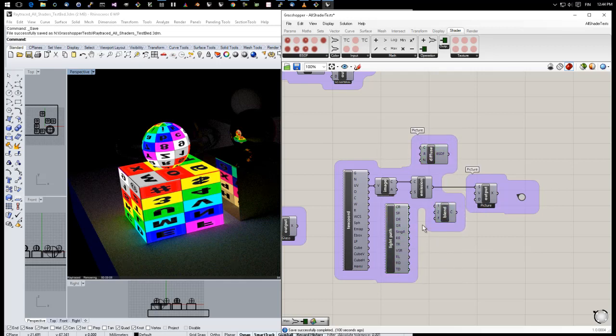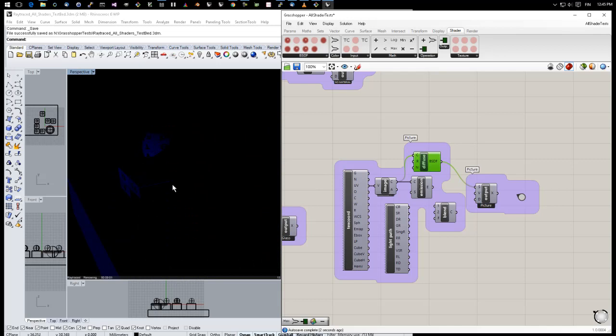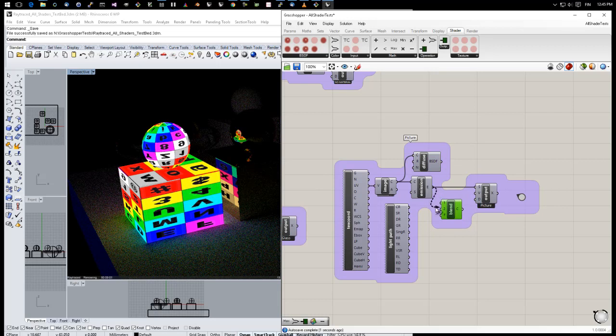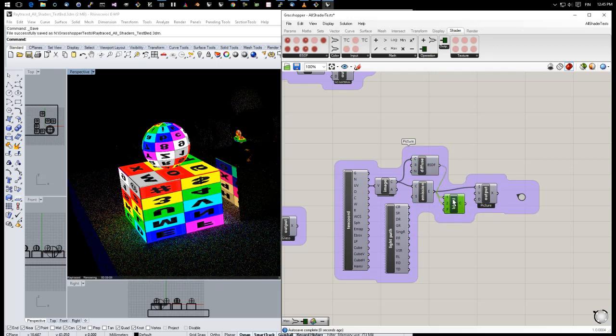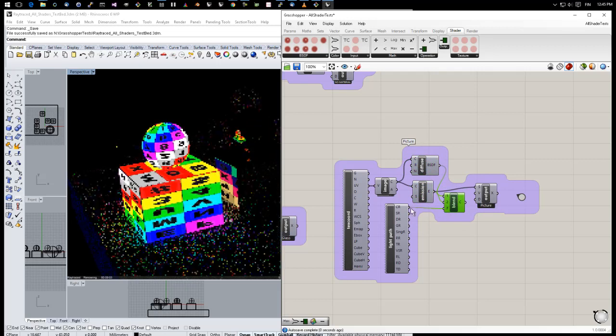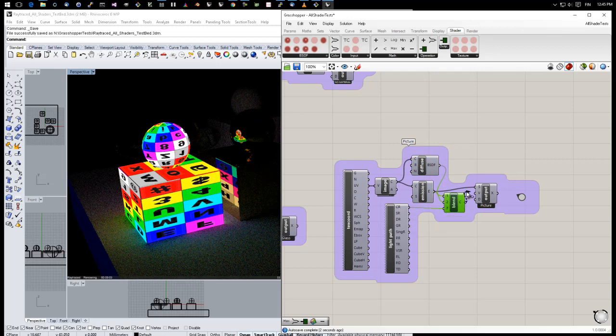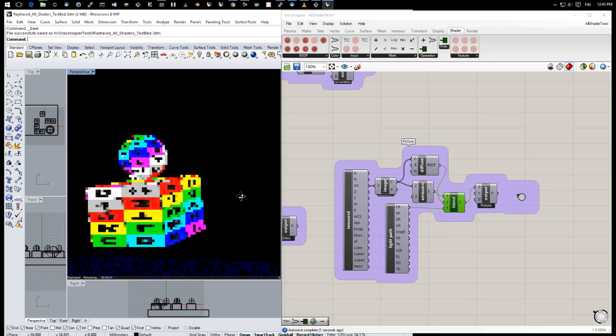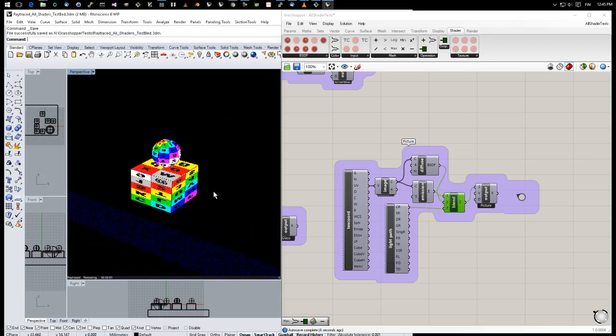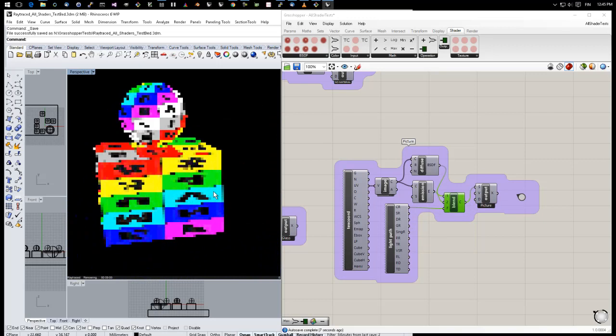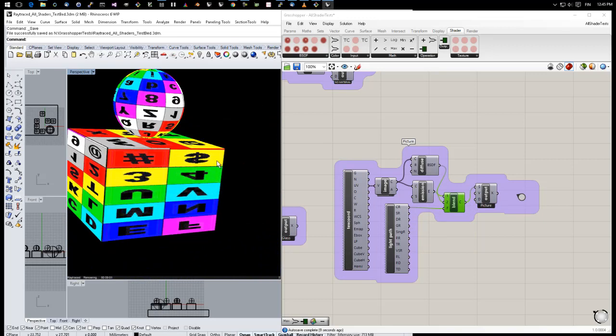So we first will make sure that we will have this as color input. This will be just the diffuse because there's no lighting. We see nothing here. But let's do it in such a way that when we have camera ray, we use this, and for other rays, we use the diffuse. So it's camera ray, and then okay. So now we see we have only the camera ray,